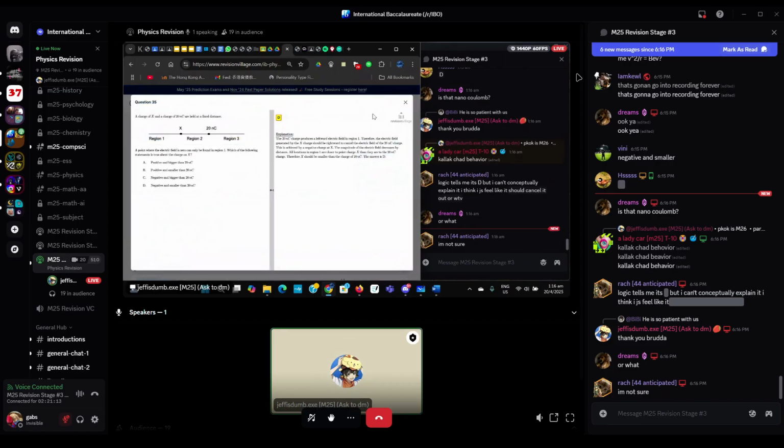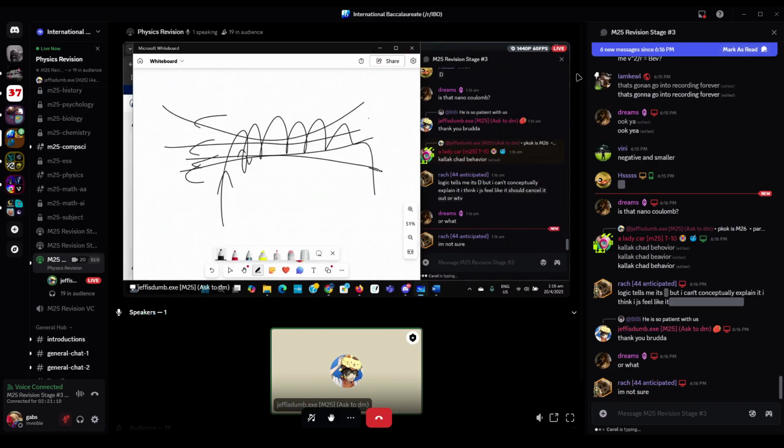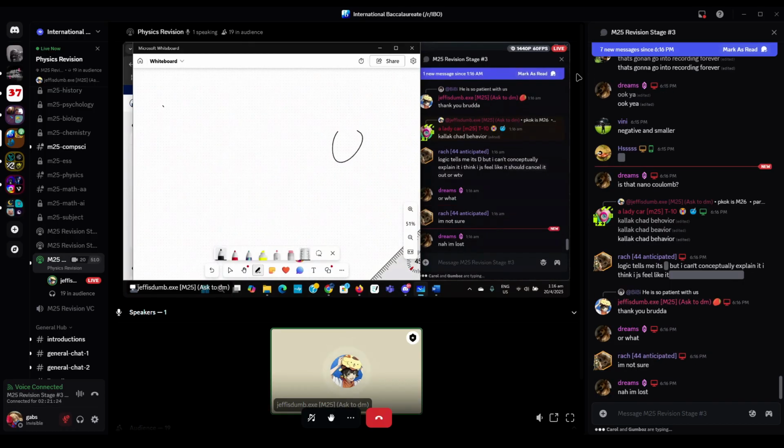So it should be D. I'll now draw a diagram to show you what happens. The physical picture: here we have a positive charge, and here we have a less negative charge. So at this point,